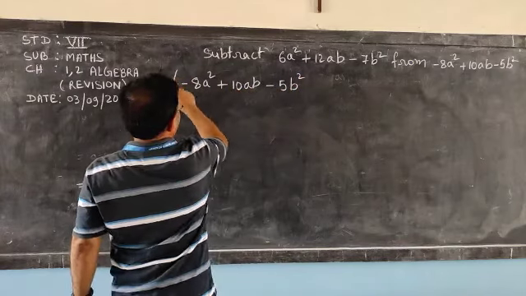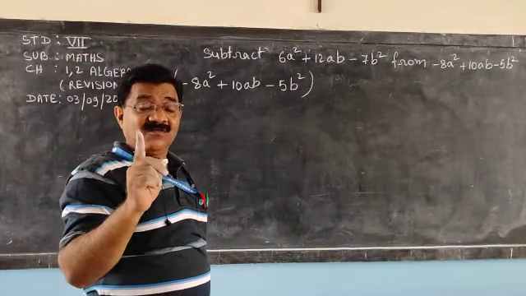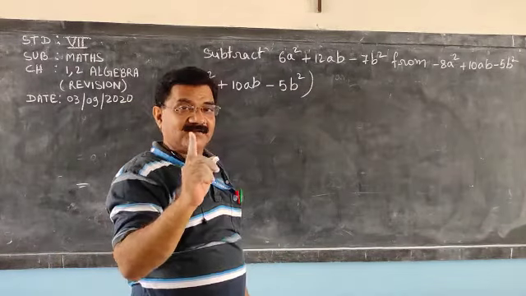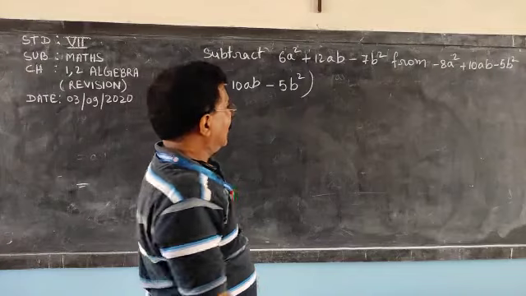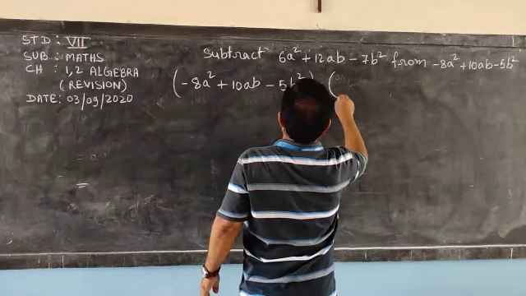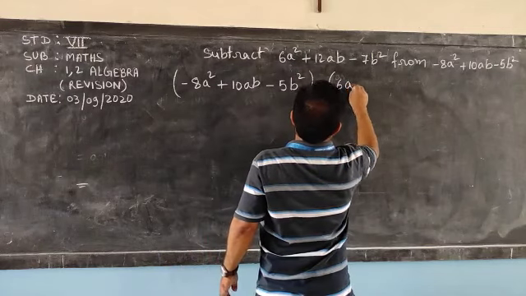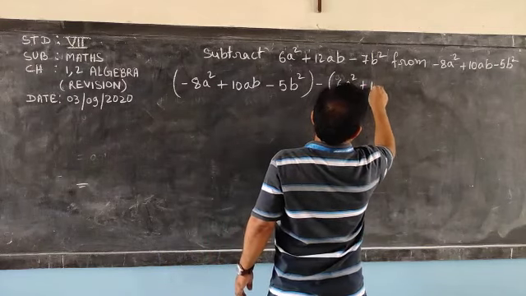Put it in a bracket. In subtraction put it in a bracket, otherwise you can make a mistake. And then the subtraction sign, and then write this one: 6a square plus 12ab